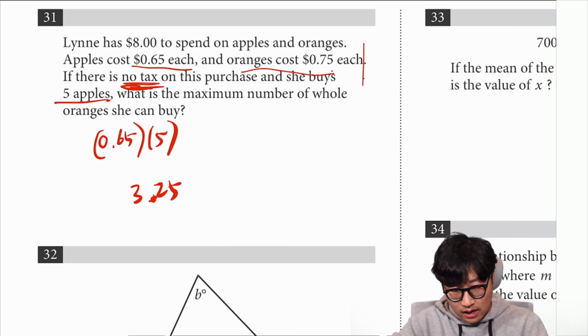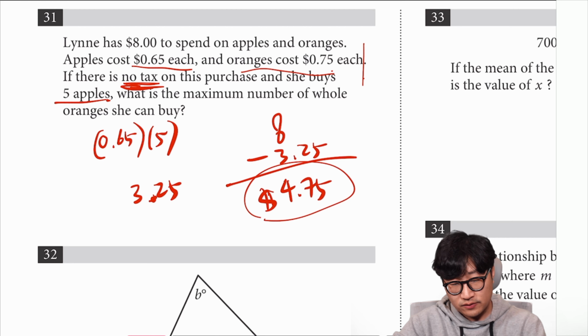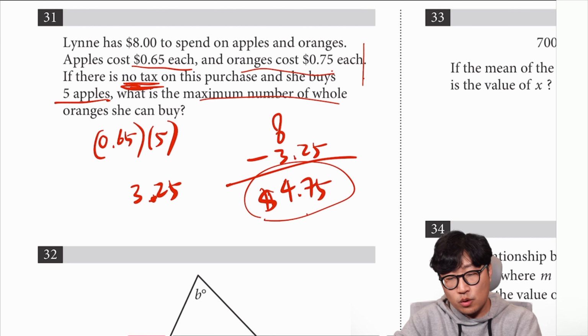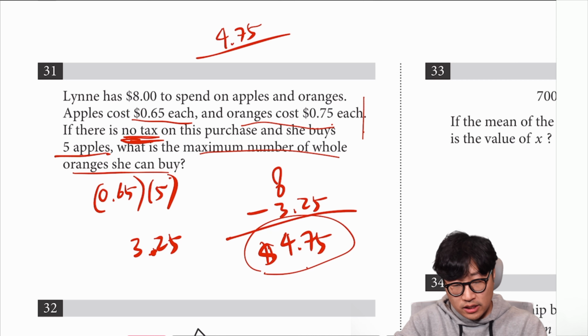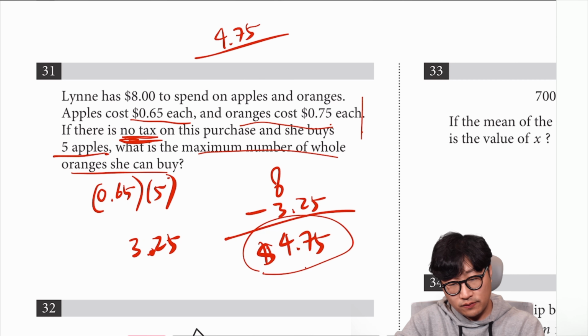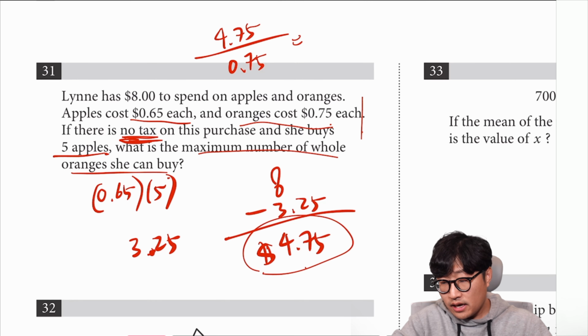So now she only has $8. So subtract that 3.25, and she only got 4.75 to work with, right? 475 cents to work with. What is the maximum number of whole oranges she can buy? So just take that 475 that she's got remaining. Each orange is 0.75 or 75 cents. So you can go ahead and punch it into your calculator if you would like. And when you do that, you should get